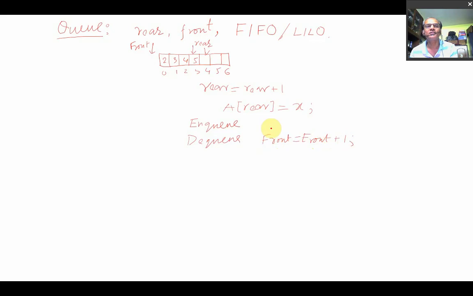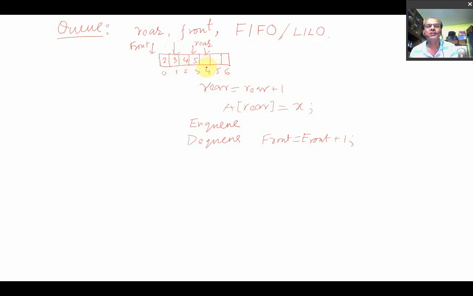That means this front will be updated to here. No matter what the element here is, you don't have to delete it. The front will be incremented to here. Now the front element is 3. Now you can take care of the elements from this element to this element, right? So these are the cases.